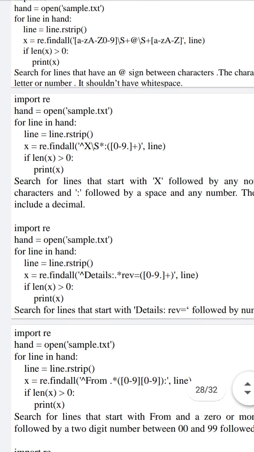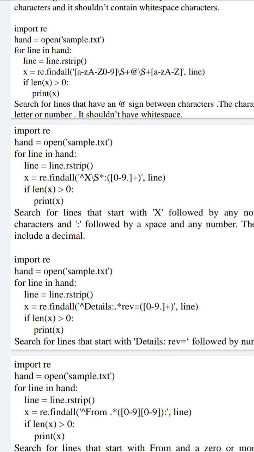Search for lines that start with X, that is capital X, followed by any non-white space character or characters, because we are saying star, 0 or more characters, followed by a colon, and any number. The number can include even a decimal value.